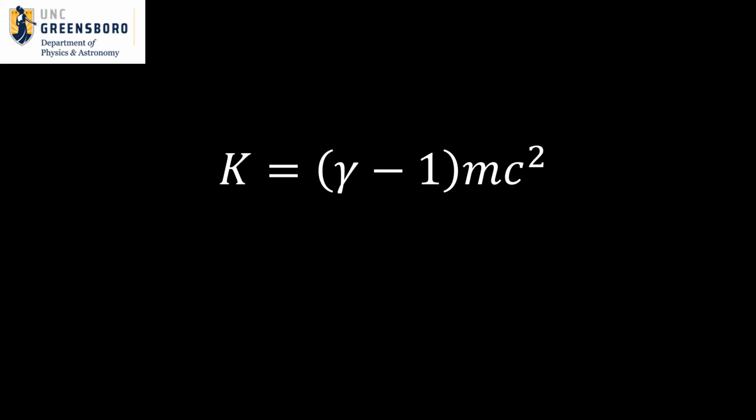First, let's talk about the main issue with the standard formula for kinetic energy. While this formula is 100% valid, it needs to reduce down to the classical expression for kinetic energy. And for most of us, it's not immediately obvious how to do so. Probably the most common way to show that this formula is going to reduce down to the classical form, 1/2 mv squared, is to use